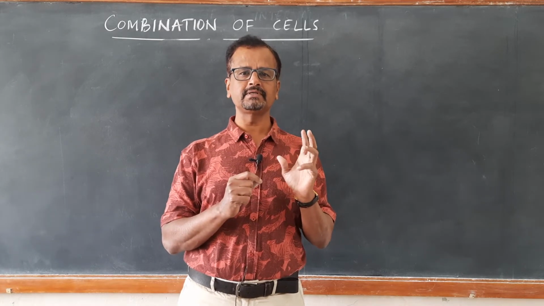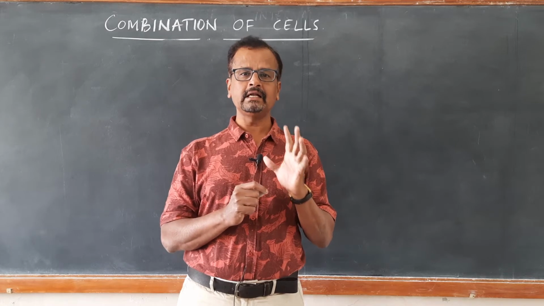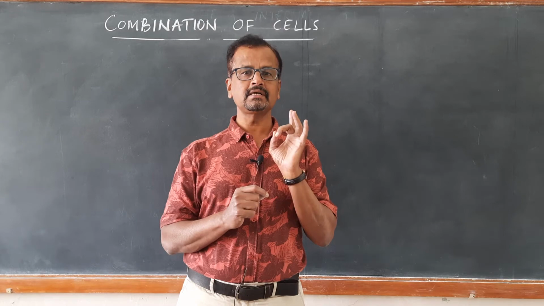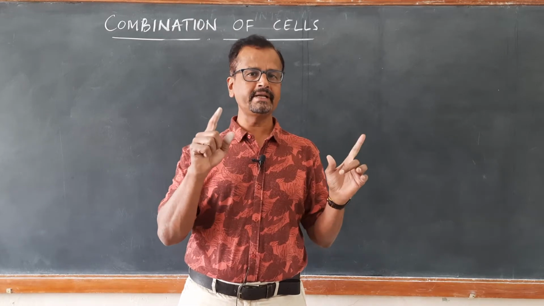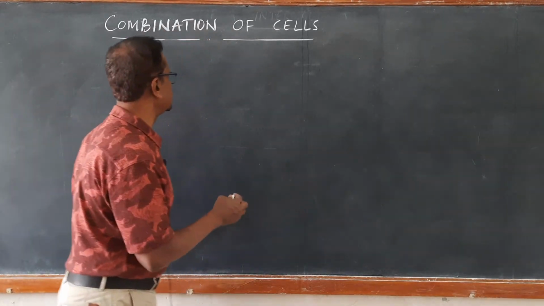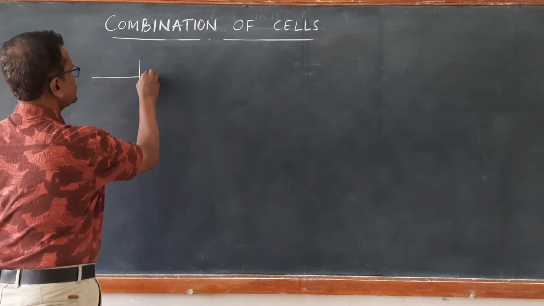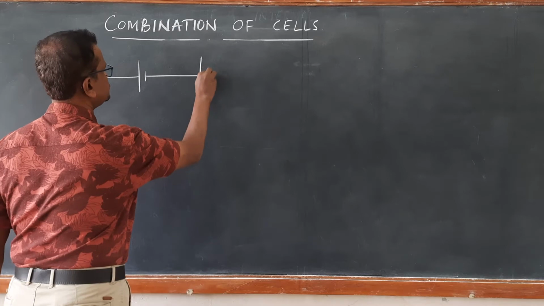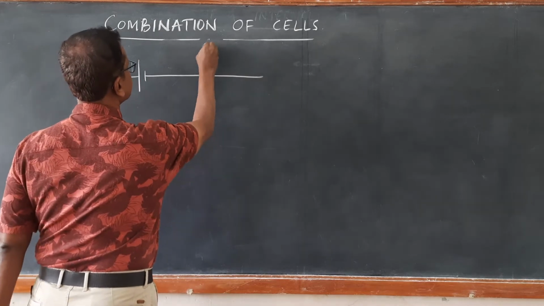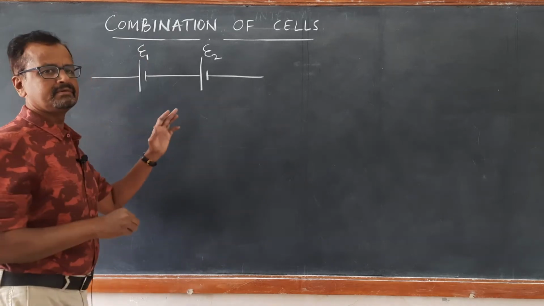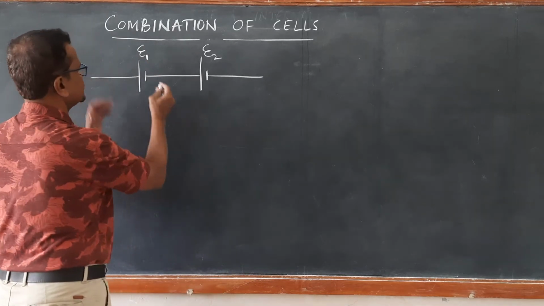Terminal potential difference will be less than the EMF of the cell by minus IR. V equal to E minus IR. This is what we have already studied. Suppose there are two cells of EMF E1 and E2. If there are two cells of EMF E1 and E2, if they are connected in this fashion,